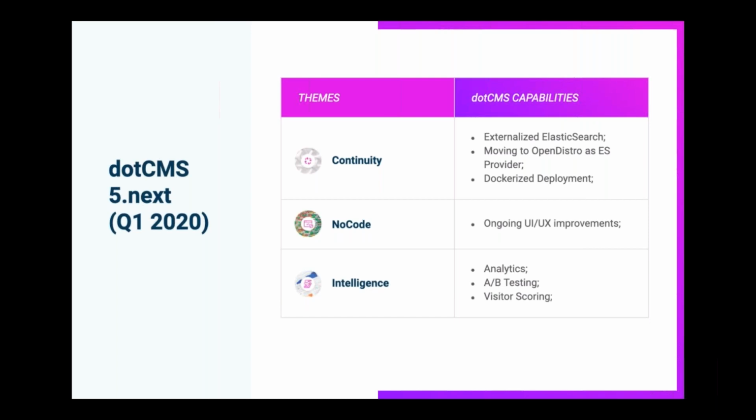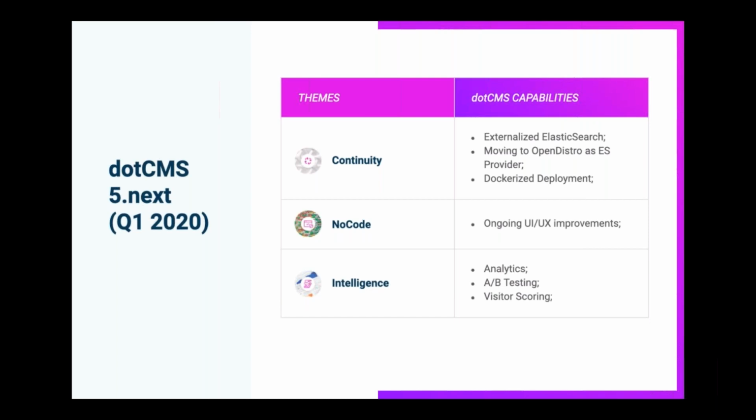Finally, turning towards intelligence in analytics, content personalization at the container level was the first step to being able to provide an A/B testing platform, to be able to define experiments on a container level, perhaps even at a page level, to be able to take a look at the performance of those experiments and have dotCMS intelligently make decisions as to what content's better performing and which content to display more often. So really native A/B testing is a function of having powerful analytics.